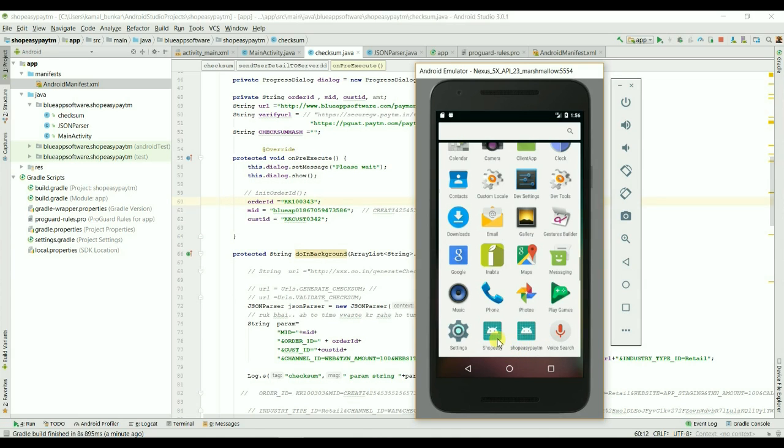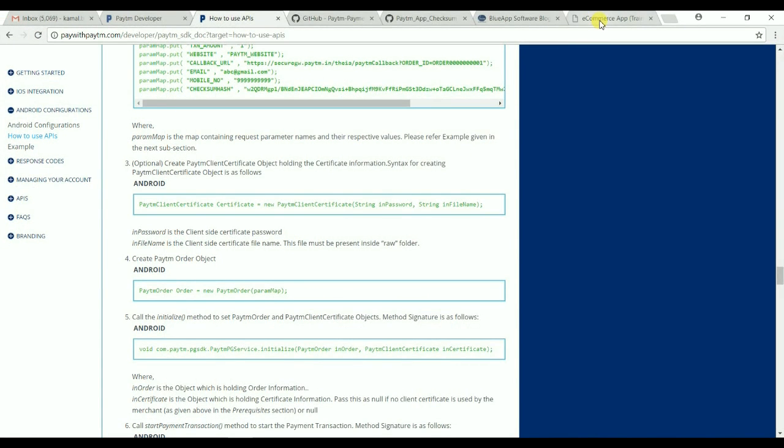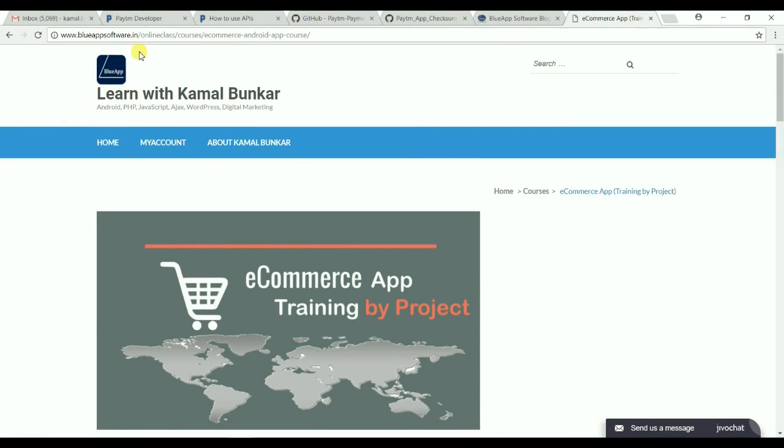This is Shop Easy Paytm. Actually, this is the e-commerce project that I am doing, and I am also teaching this project. You can find the link to this project on my online class, bluefsoftware.in/online class, where you will find all the courses.